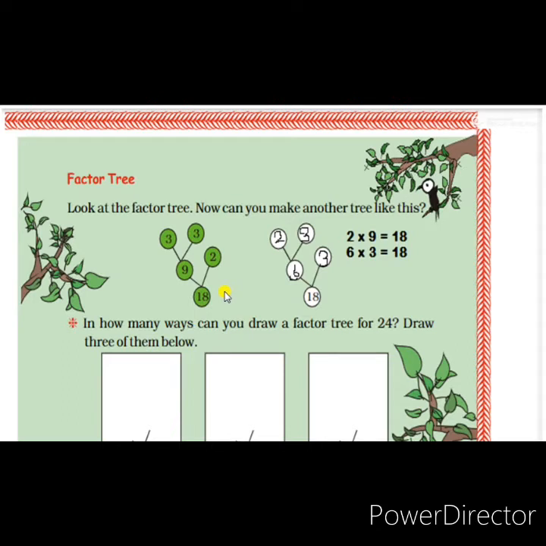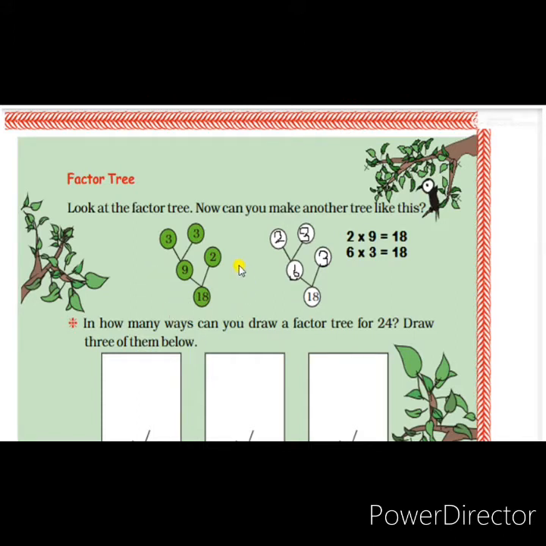Here first see, 18 is a composite number. First we converted that number into 9 2s. It comes in the table of 9 and 2. 9 2s are 18. Here 2 is a prime number. Now that number we don't want to convert again because it is already a prime number. But here 9 we got is a composite number. Again this number we have to change to prime numbers. In which table does 9 come? The table of 3. So we can convert 9 into 3 3s.